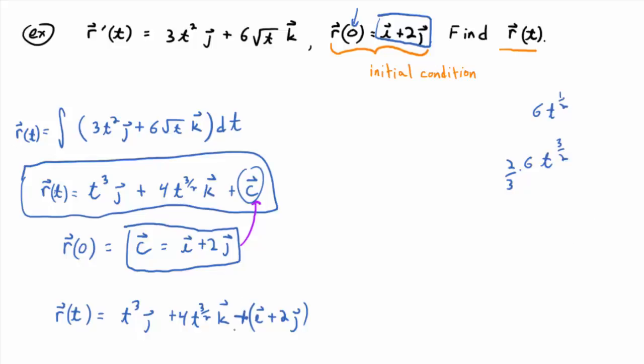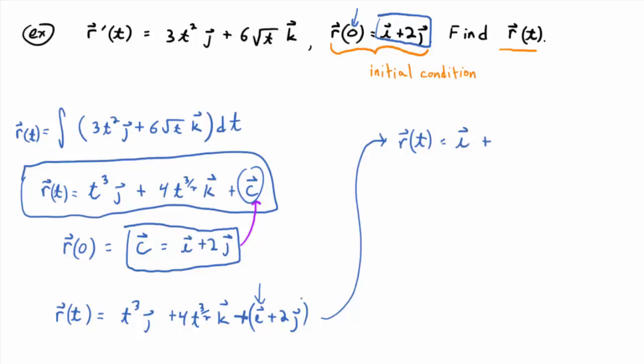We're replacing c with what it's equal to, i plus 2j. So what can we combine here? Is there another i component other than 0i? There isn't, so let's just put it in the usual order, ijk. So let's put i first. So r of t then is i